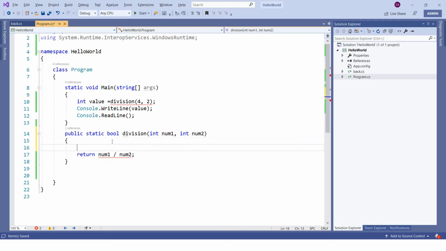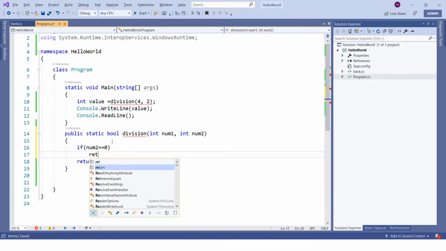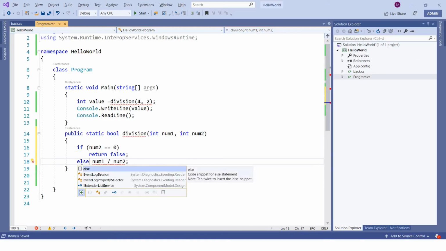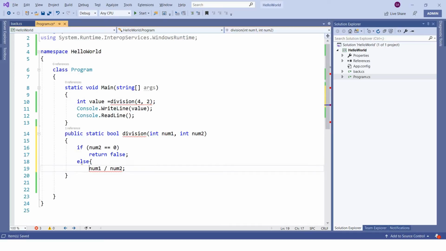So in that case, if num2 is 0, at that point I want to return false. That means it's a failure. I'll not perform that operation and will simply return false. Else, in the else part, I'll perform that operation.